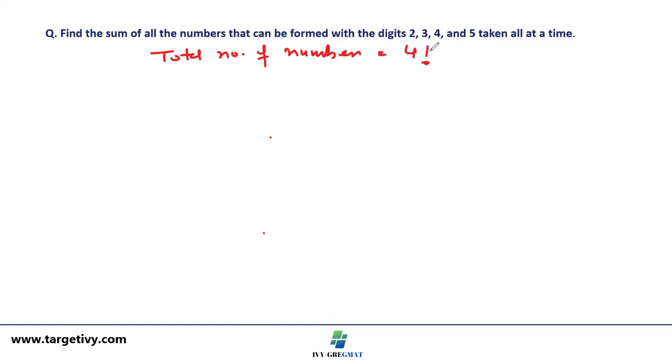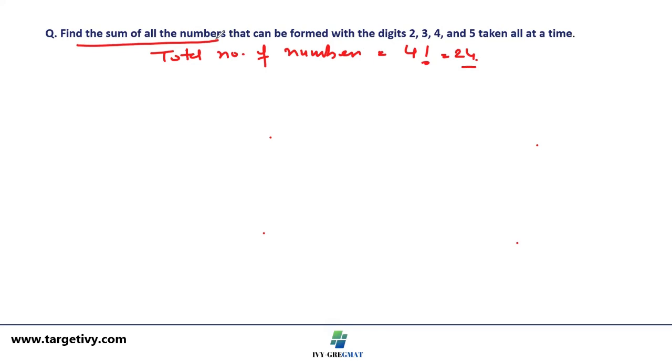factorial 4, because there are 4 numbers. So which makes it 24. Now to find the sum of these 24 numbers, what is asked is the sum of all the numbers. So the sum of all the 24 numbers,